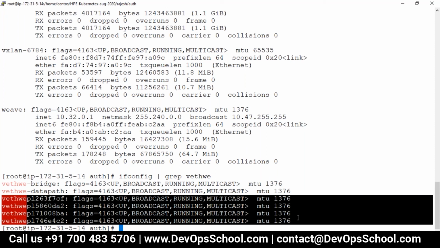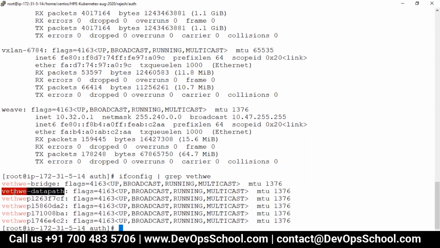Guys, I'm on the master. Do you remember? On the master, how many containers are running? How many pods are running? Hello? Are you there? Yes. How many pods are running on the master? Four components. So that's why we have four. This is the kube-proxy, and this one. So this is what I'm talking about.